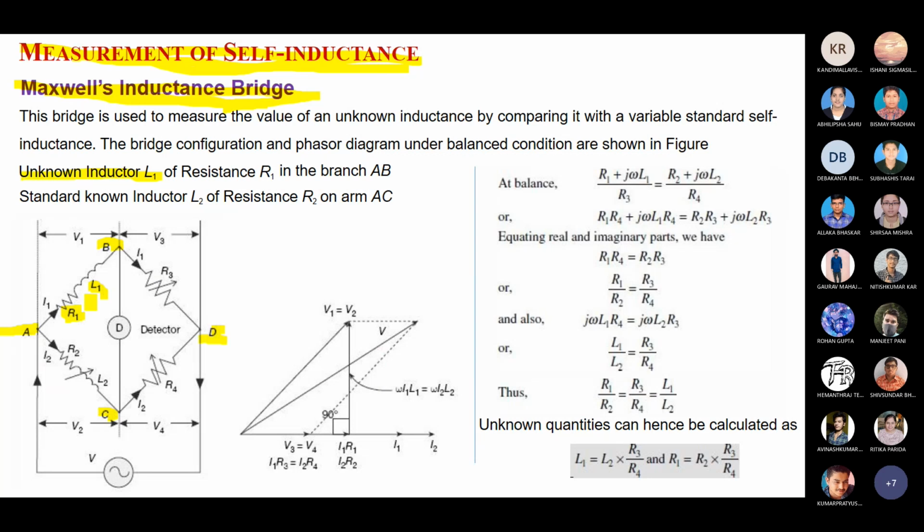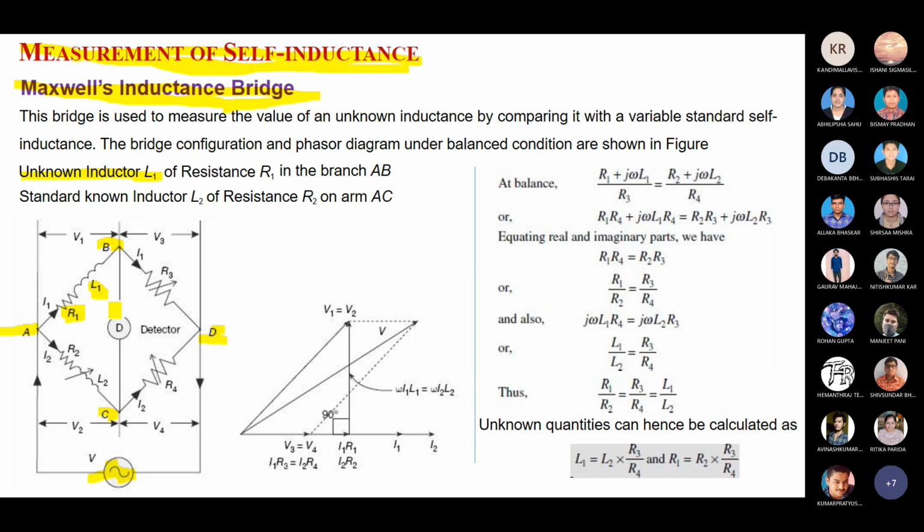So that you have to calculate. Okay, so for that value of L1, here you can understand that the Z1 arm is the unknown arm. That you have to calculate, and the related phasor diagram you need to draw. How are we getting that value? You know what Z1 is. Z1 equals how much value? R1 plus jL1. Okay, R1 plus jL1.